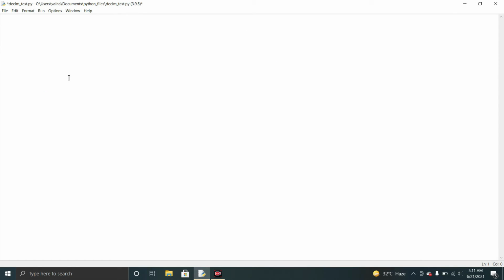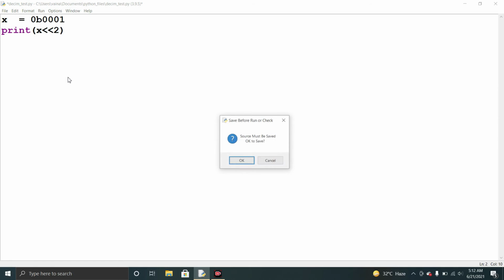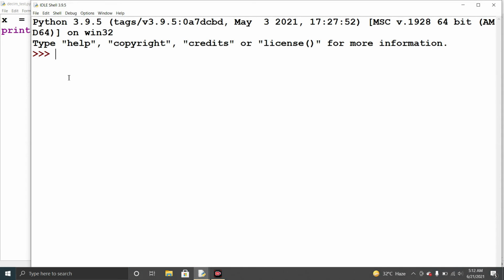We can also do the left shift or any bitwise operation by using binary numbers directly. Like we take x is equal to 0b0001. This is the binary equivalent of 1, and if we print the left shift 2 times, we get the output 4.